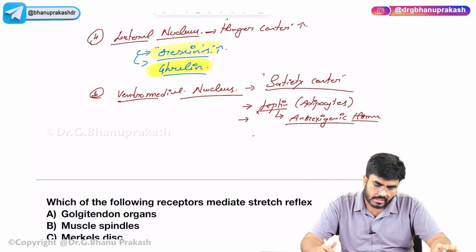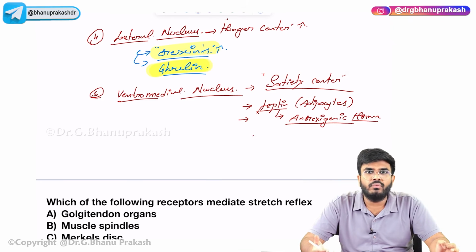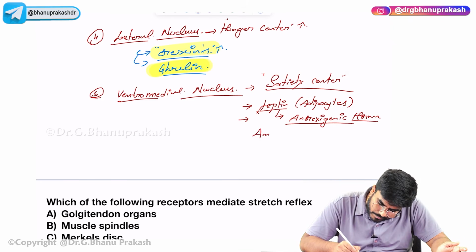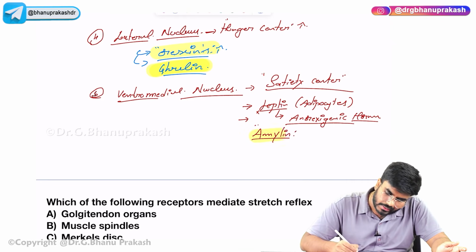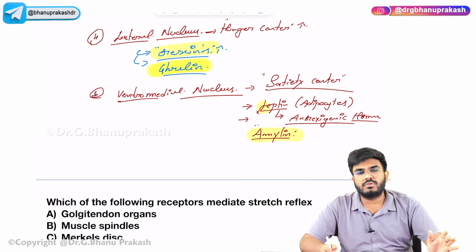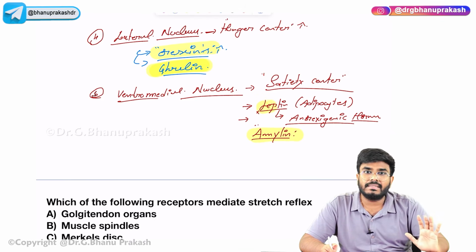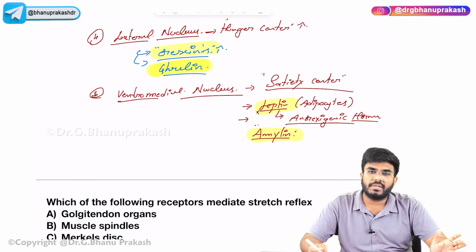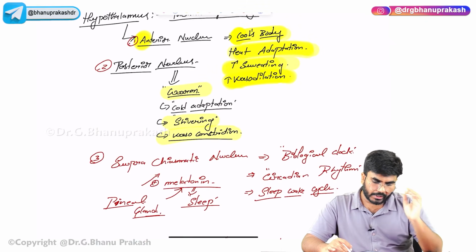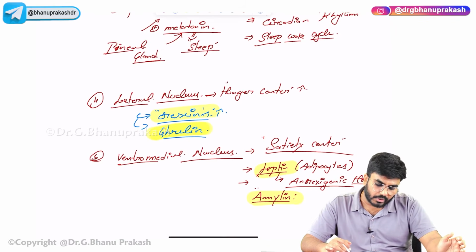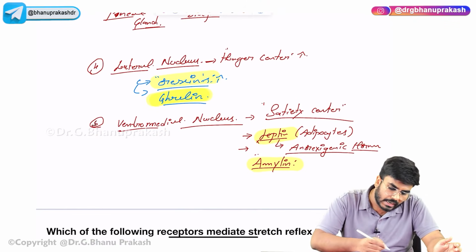What other hormones can make you feel full? Amylin. Amylin, which is produced by the pancreas, is also going to give the feeling of satiety, like leptin, the anorexigenic hormone. So these are the nuclei: anterior nucleus, posterior nucleus, suprachiasmatic nucleus, lateral nucleus, ventromedial nucleus, and some other nuclei which